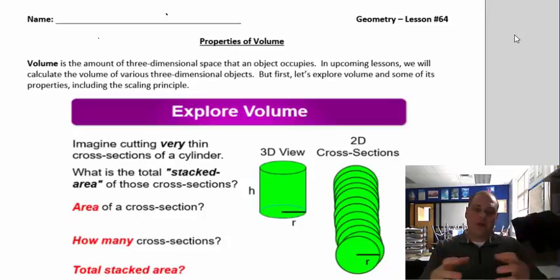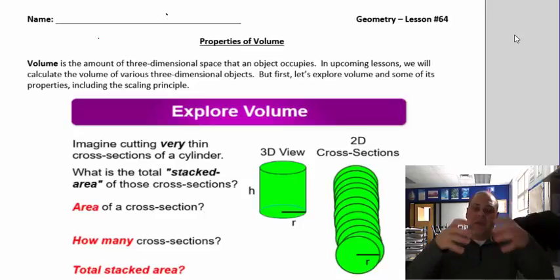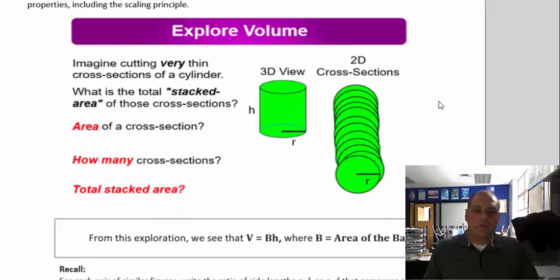So, for example, like a cylinder or a prism, okay? It's how much space the object is taking up, not flat space, space, okay? Total space, three-dimensional space. First thing we're going to do here is explore volume and think of a cylinder, and then in this lesson